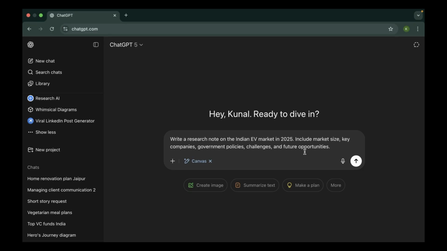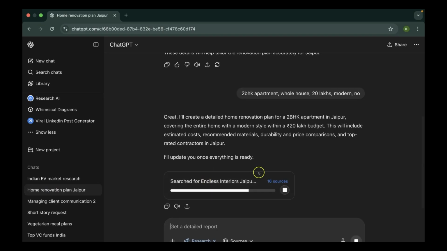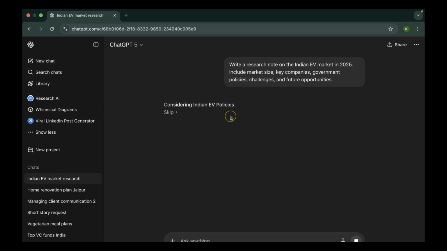And I can edit, restructure, and collaborate more easily than in the chat window. And I can also use AI to fill in, refine, or extend sections, which we are going to see right after sending in the prompt. And let's see if it's actually creating something. So yes, thinking longer for a better answer, that's completely fine. Let's actually go back to our home renovation plan as well. And it has checked 16 sources as of now. So that's pretty nice. And here we are. It's also going to take its time.